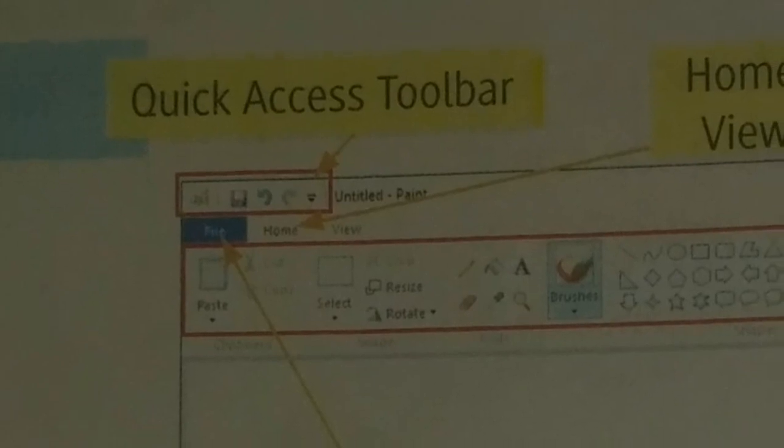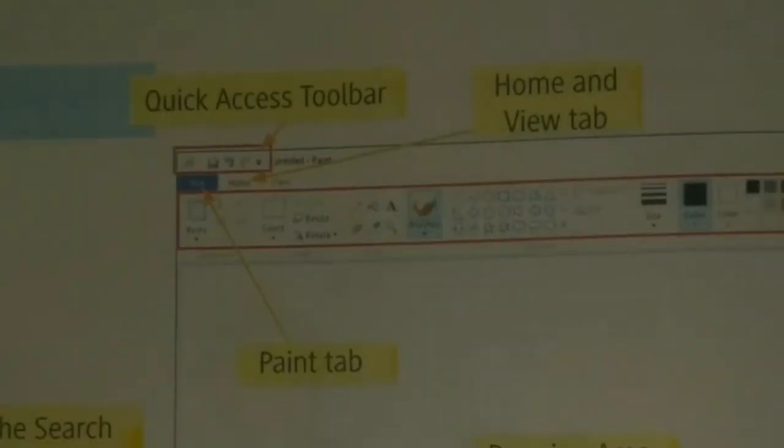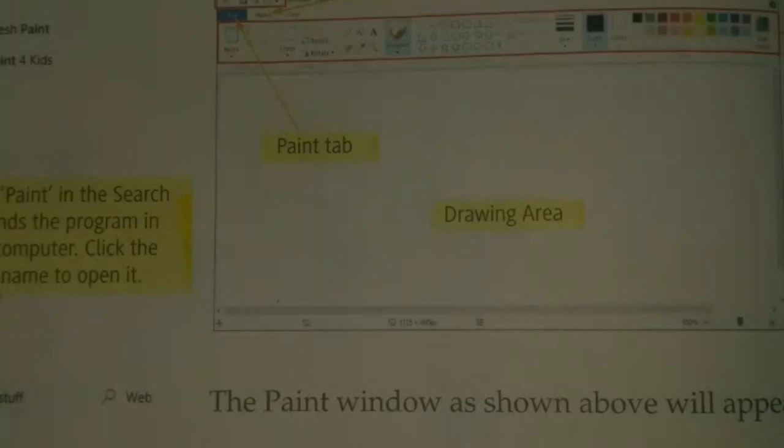Clicking on these tabs displays various tools and options that help us work in Paint. Next one is the drawing area. This is the area where we draw and color pictures.